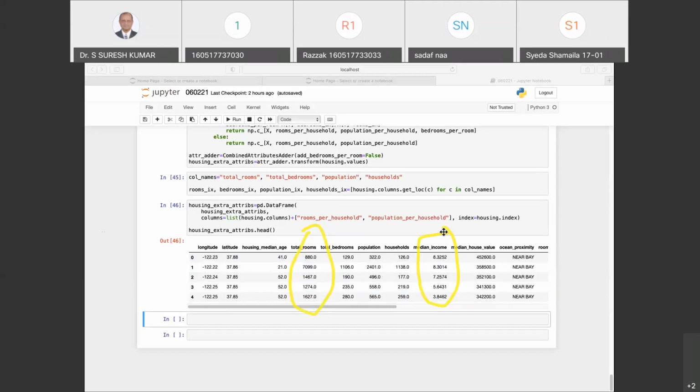Tell me one thing, haven't you done machine learning in your college? Have you done machine learning in your college? We did not go through machine learning in our college. No machine learning.